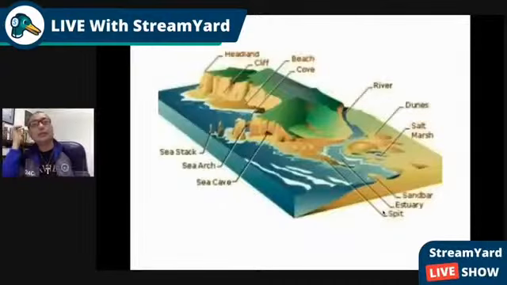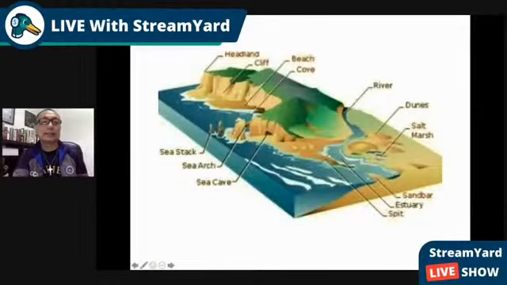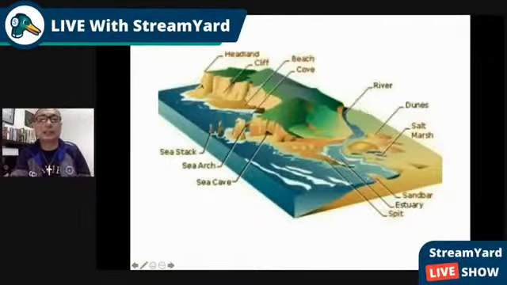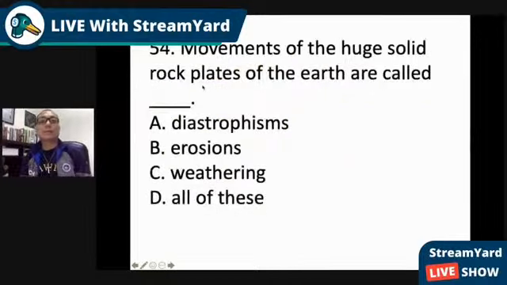Okay, so there are also different geological parts. Now, if we're talking about land, we have the sea arch here. We also have the sea stack, yung mga rocks na medyo mataas, parang single lang. We also have estuaries, areas where the seawater and the pure water mix. Then we also have sandbar. Please take note of the terms. Then cove.